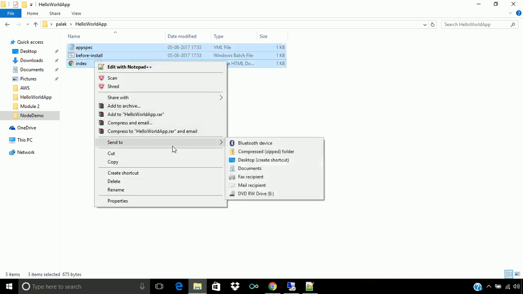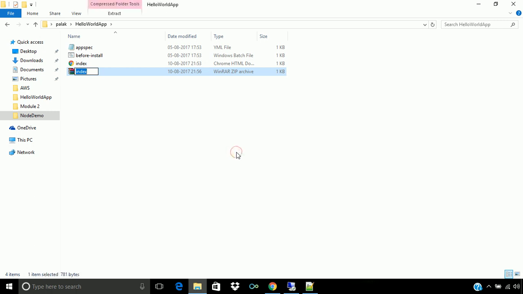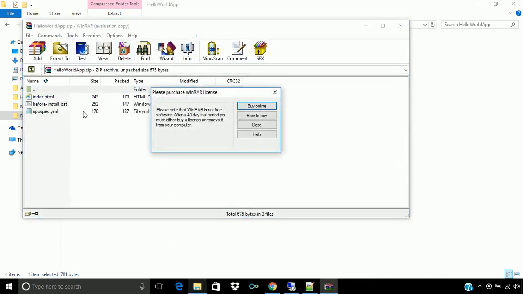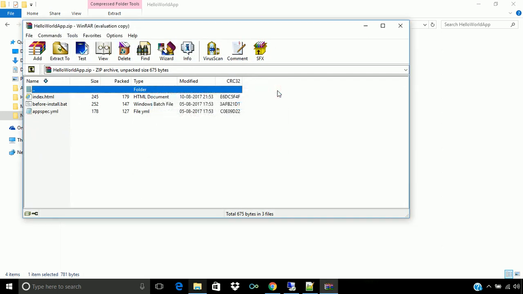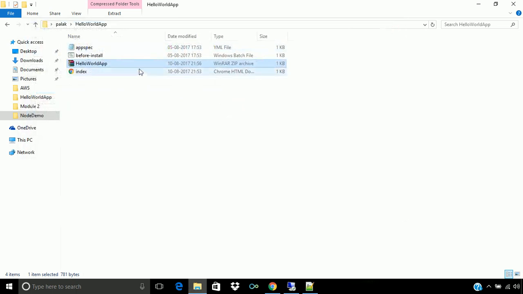So let's send it to a compressed zip folder and give it the name hello world app. If you look in that zip, it will directly contain these three files, not a folder with these three files inside. So the zip file is ready.